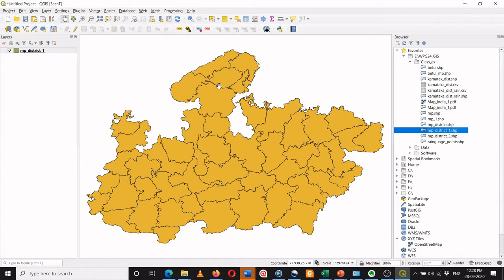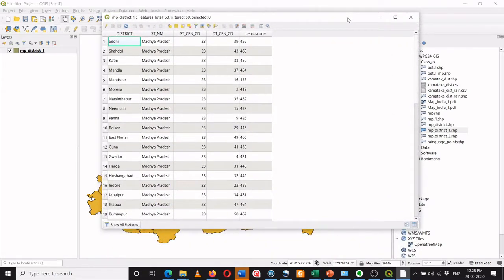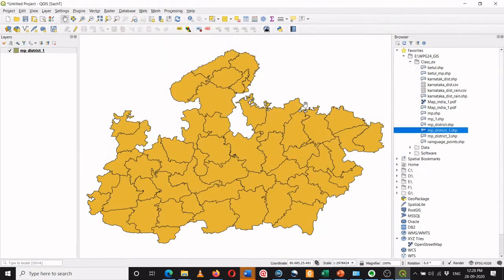We have already seen the process of calculating an area, so I can go into the attribute table by using the feature called open field calculator. I can calculate the area, but the question is whether the calculated area will be the true area or not, because we have already seen that before calculating an area we need to see what is the coordinate reference system of this vector data file.